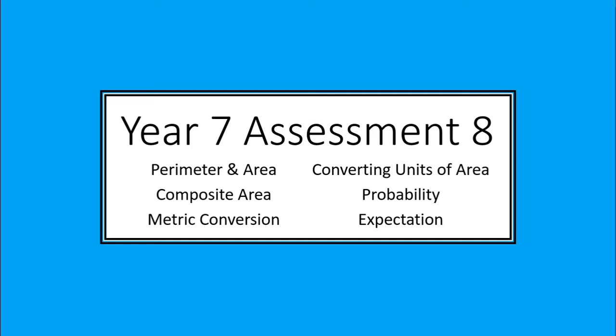Hey guys, let's have a look at this week's assessment number 8, which consists of perimeters and areas, composite areas, metric conversion, including converting units of area, and a start to probability and expectations. Now, if this is your first time through this, or if it's been a while and you're using this for practice, feel free to hit pause at any time to try these questions for yourself, and then we'll take them